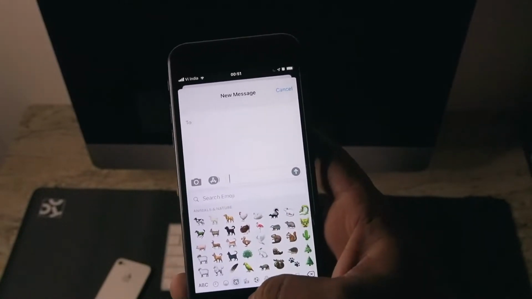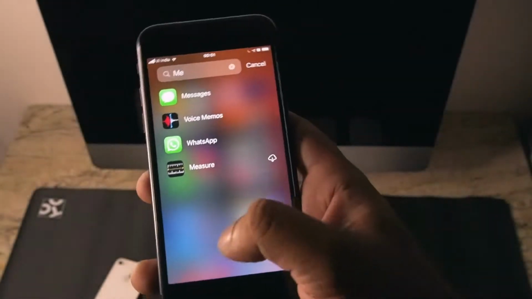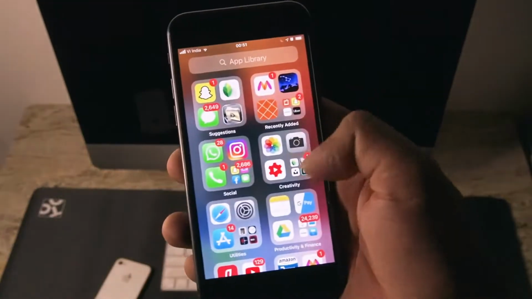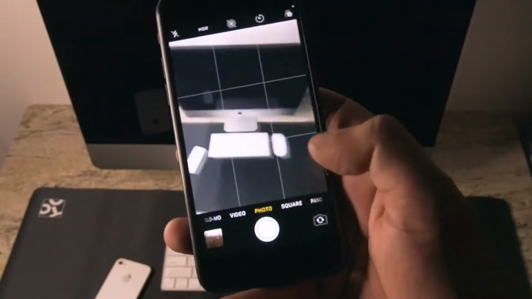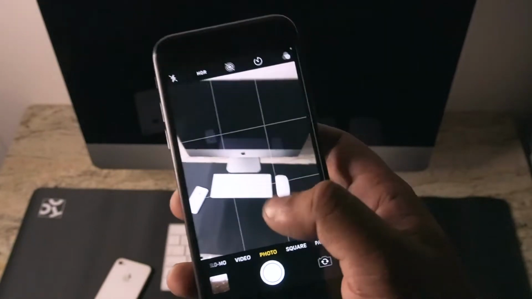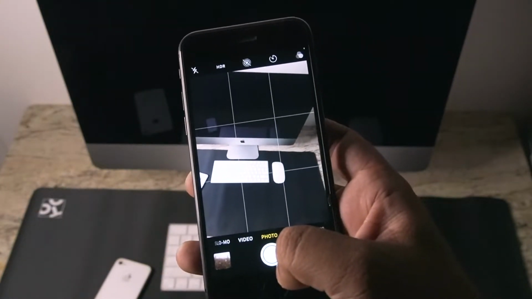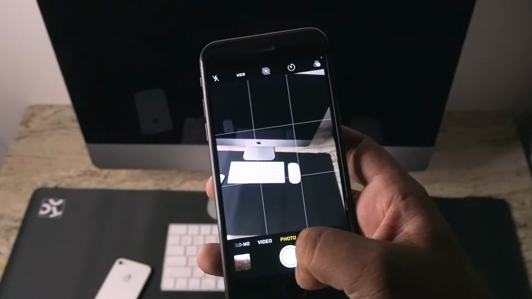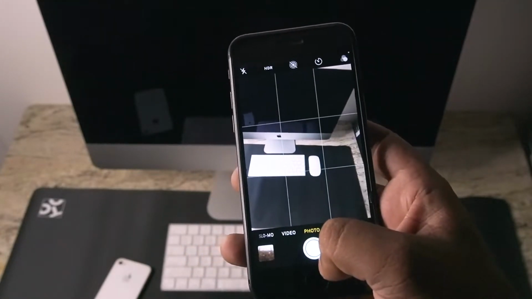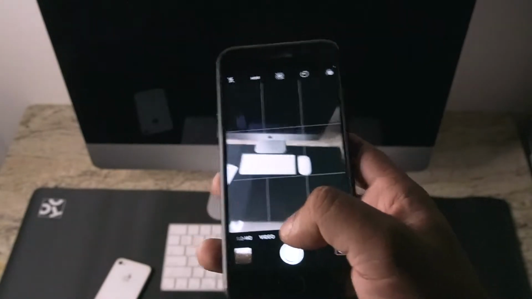The third thing is the camera. This is an iPhone 7, but the new iPhones will have a magnifier icon in the camera app. What does it do? Whenever you open it, it can measure the height of a person, but it works only for devices that have a LiDAR scanner.